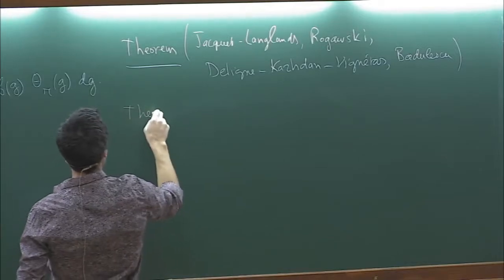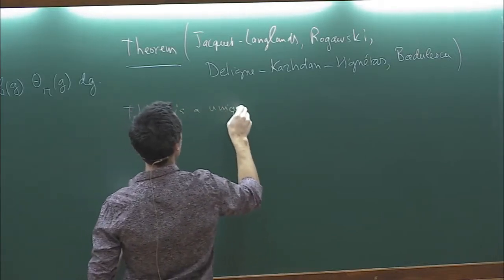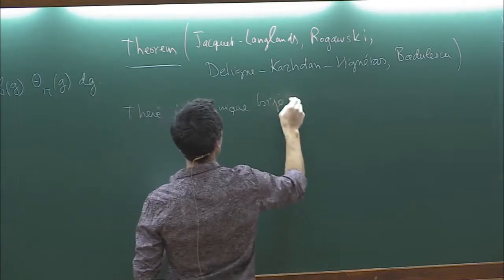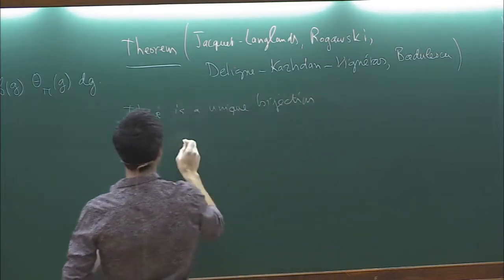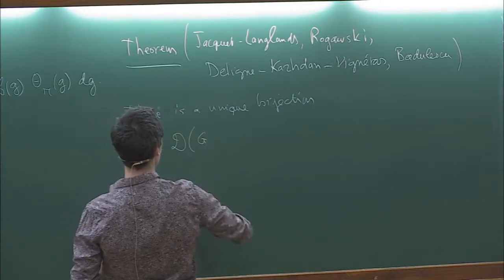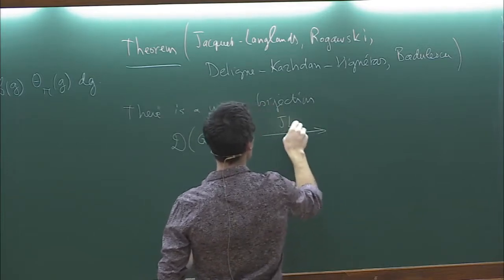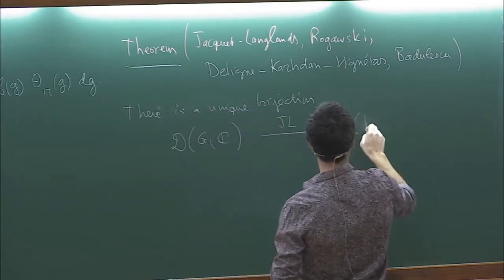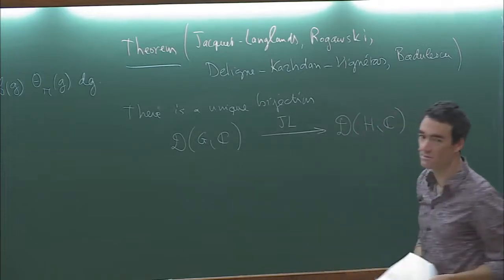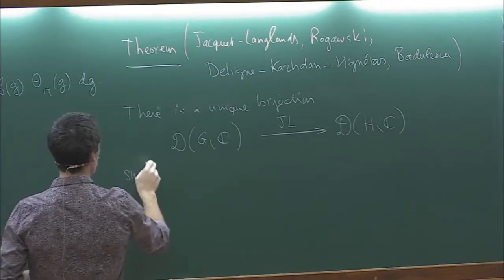There is a unique bijection from the set of essentially square integrable representations of G to the set of essentially square integrable representations of H,